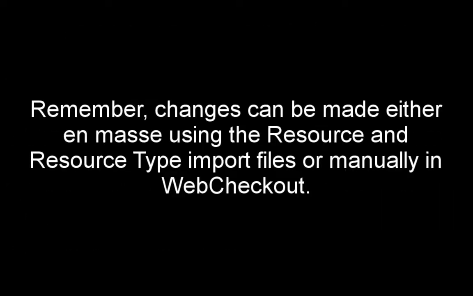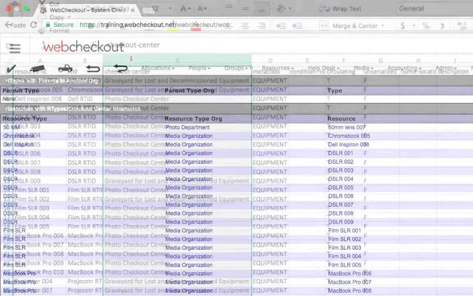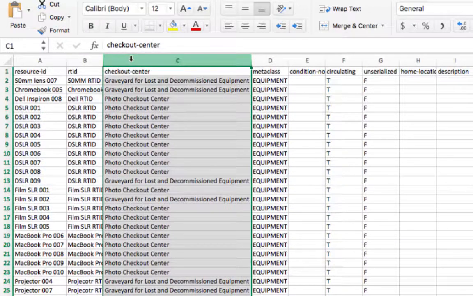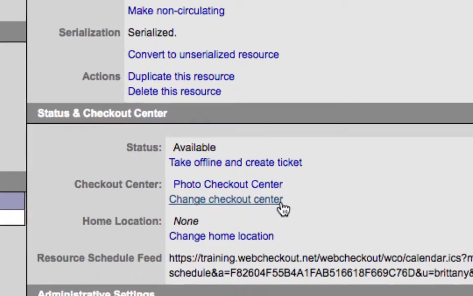Remember, changes can be made either en masse using the resource and resource type import files, or manually in WebCheckout. The first scenario, resources assigned to the wrong checkout center, can be solved by moving the resource to the correct checkout center. This can be done en masse by updating the checkout center column of the resource import file. You can also update the checkout center manually in the Admin tab of the Resource Details screen by selecting Change